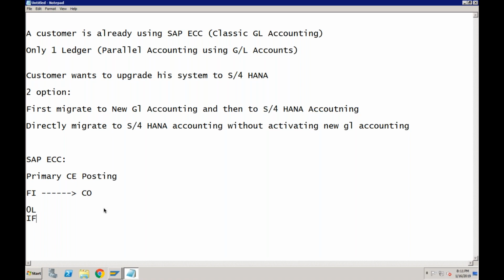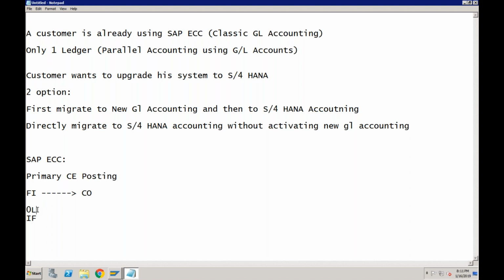So I hope this is a new addition. We can choose what ledger should impact the controlling area. Okay, yes. So in SAP ECC, it is only possible to send the values from the leading ledger to CO. Even if you want to send IFRS values, or any values from any other ledger to CO, that is not possible in SAP ECC because it is always taking the values from the leading ledger.